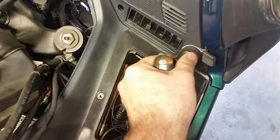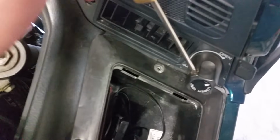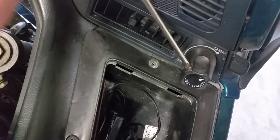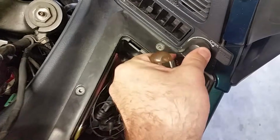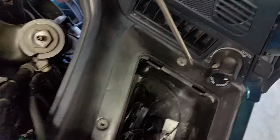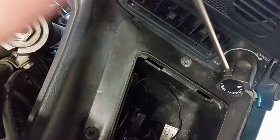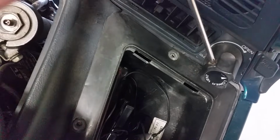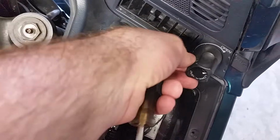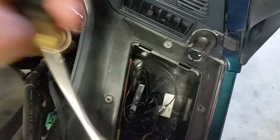So it should be, yep, I'm going to have to get a little bit more out of it. It's got to come almost all the way out. A good ways. Let's see if that gets it. Nope. Guess I'm going to have to take that darn screw almost all the way out. It's just about all the way out. Come on. Alright, I guess I'm going to have to play with this a little bit more. But you're going to have to undo the screw, and it should come out,